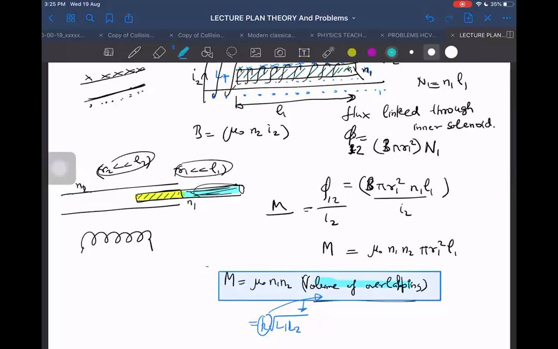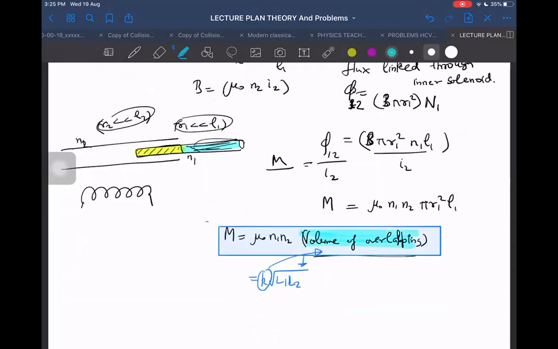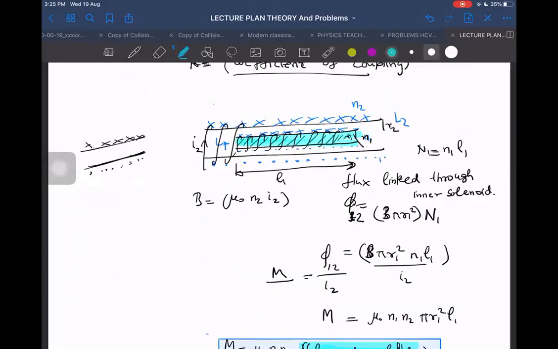But yes, at least for the first case, the case for which we started deriving, there it is definitely valid. So let us not generalize it. I think it may not be valid here. It may not be correct here. But at least it will be valid definitely, for the case for which we have derived it in the beginning.